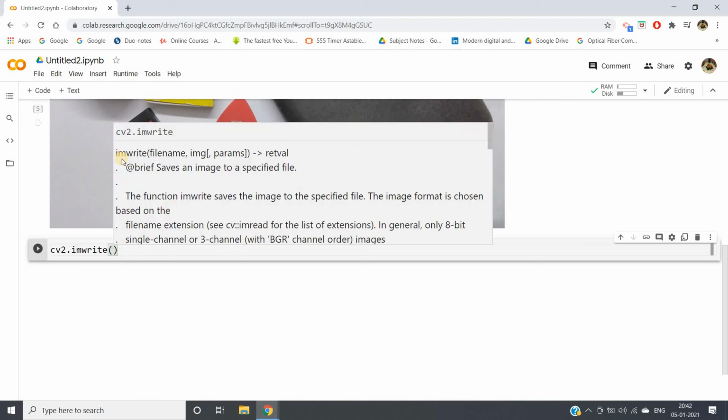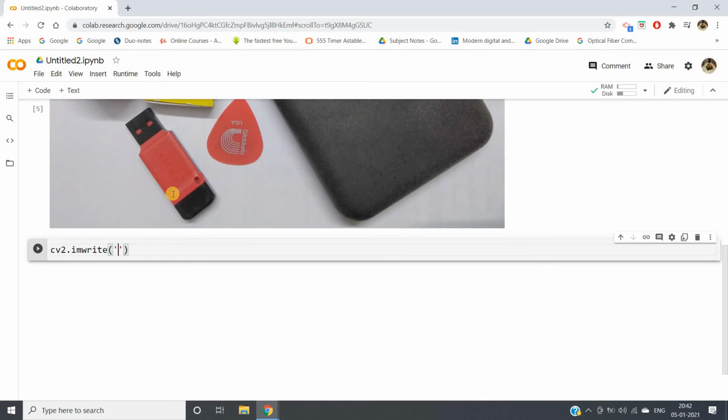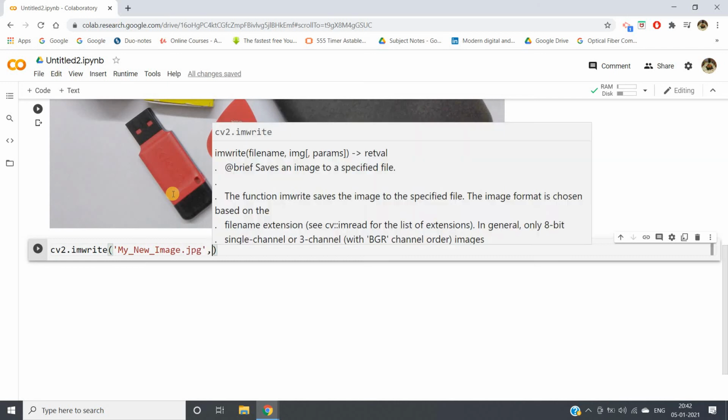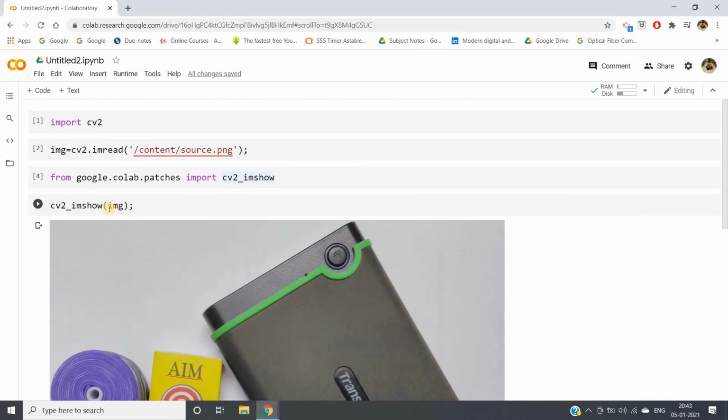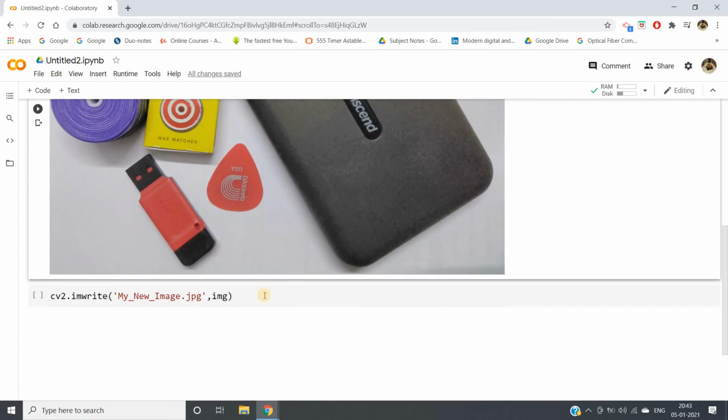Google Colab is giving a suggestion also: imwrite, file name, and then the variable where the image is stored. Suppose I give the name my new image dot jpg. I want to save in jpg format, and my image is stored in the img variable.